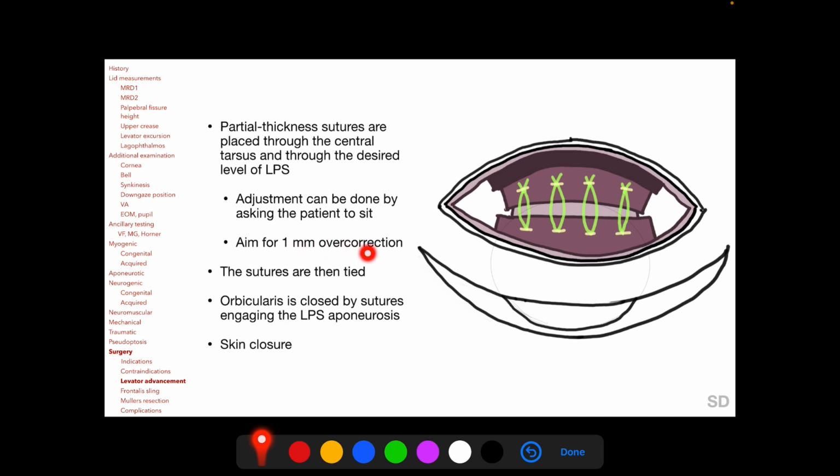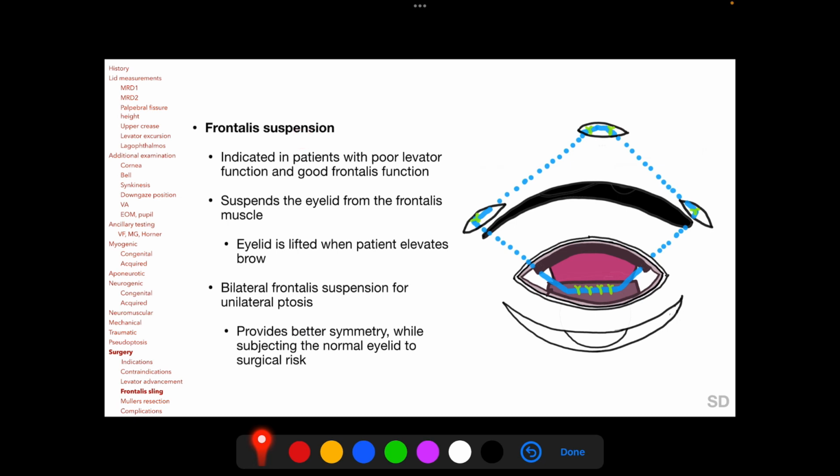Aiming for a 1 mm overcorrection as compared to the normal contralateral eyelid is recommended. The sutures are then tied so as to oppose the desired level of the LPS aponeurosis to the central tarsus. The orbicularis is closed by sutures engaging the LPS aponeurosis so as to form the eyelid skin crease, and then the skin is closed. Frontalis suspension or frontalis sling surgery is indicated in patients with a poor levator function but